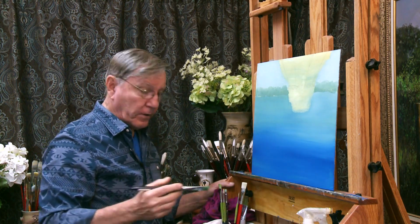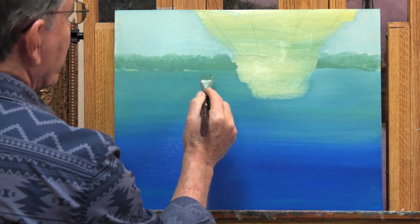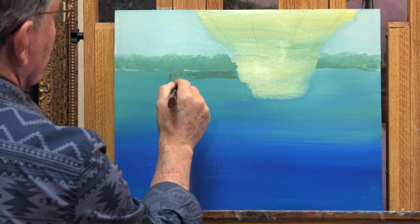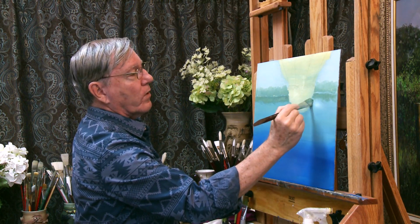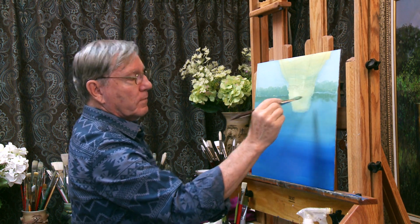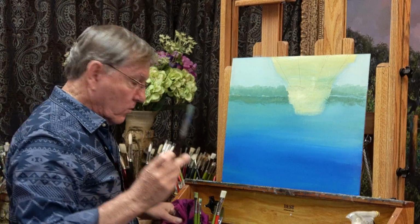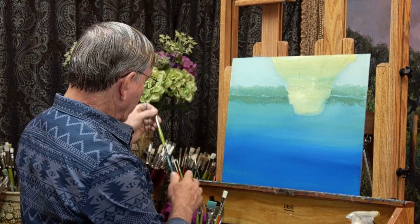Now there's, of course, reflection of these trees in the water. So I'll take that same green and I'll just drag that down into the water here, putting this reflection on with a dry brush. That means I just don't have very much paint on the brush. All right, I'll put down the 1-inch brush and I'll pick up a smaller brush